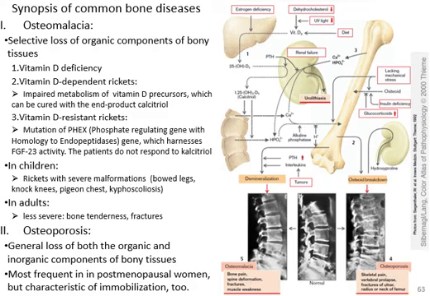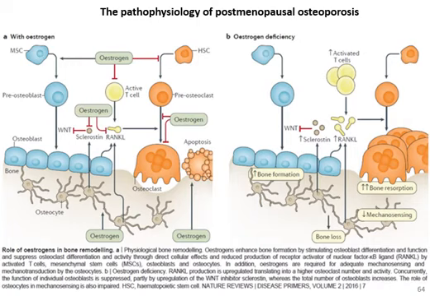Osteoporosis is a completely different kettle of fish. Here you can see a general loss of both the organic and inorganic components of bony tissues. It is most frequent in postmenopausal women, but characteristic of immobilization as well. In postmenopausal osteoporosis, the most important